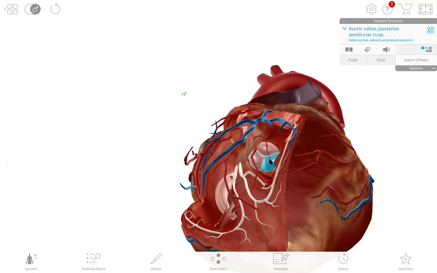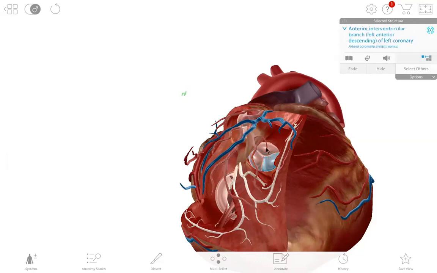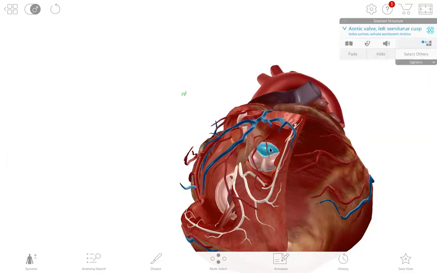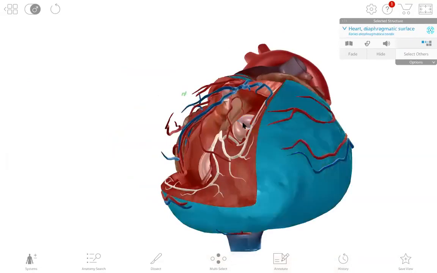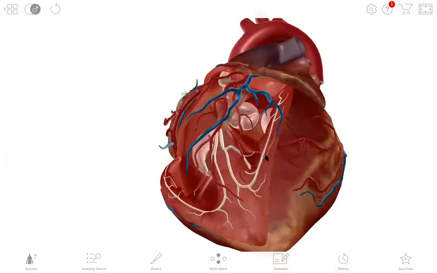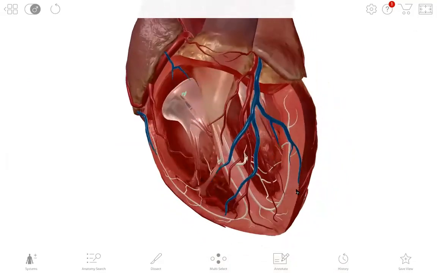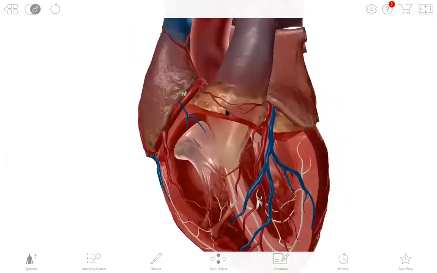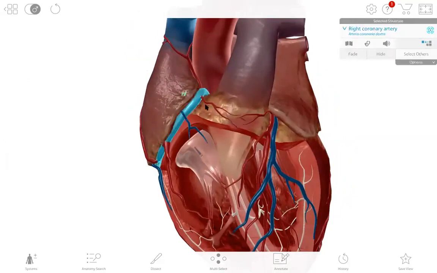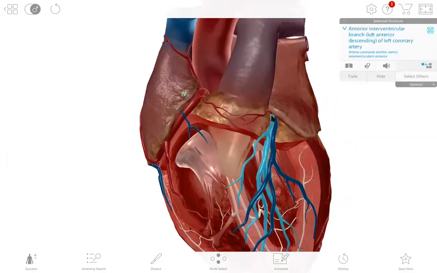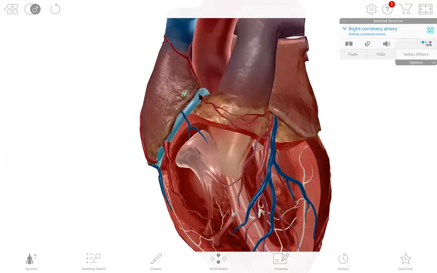While from the left, okay, from the left semilunar cusp, there will be a rising of the left coronary artery. Okay. Here it is. From here, this is the right coronary artery and this is the left coronary artery. The right coronary artery